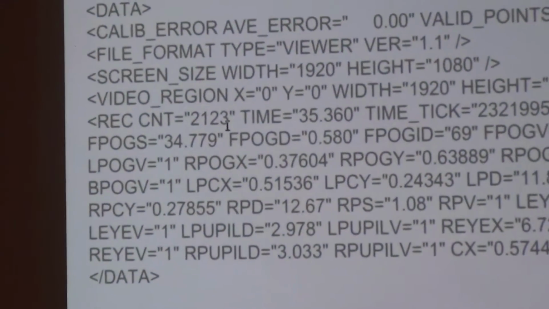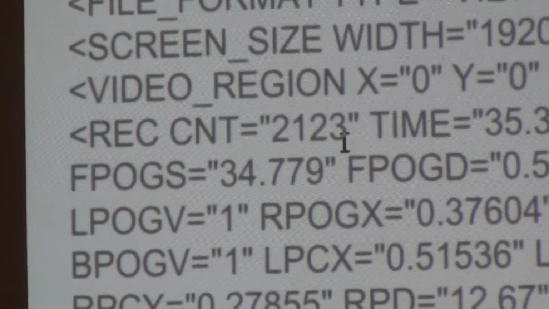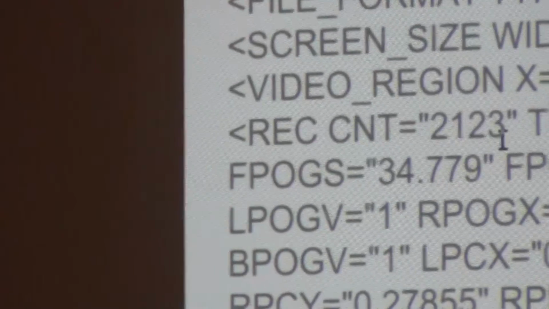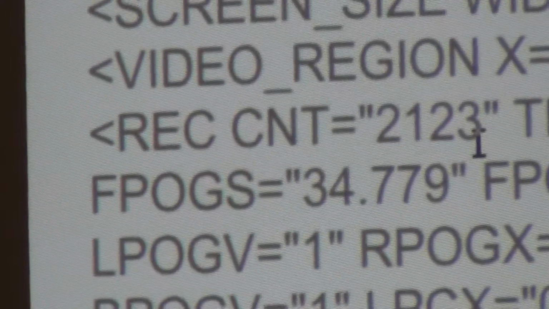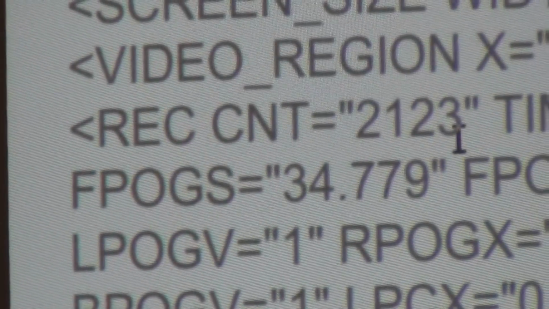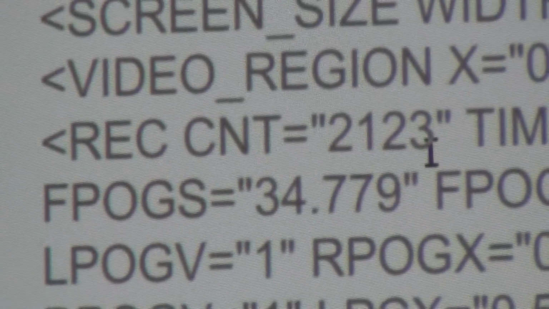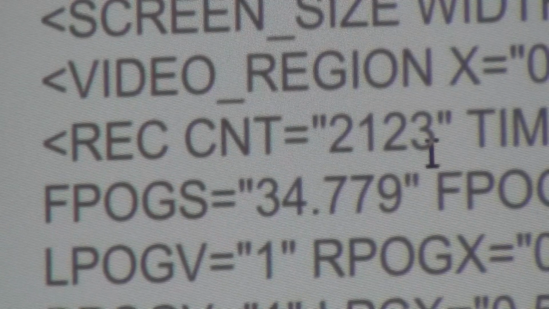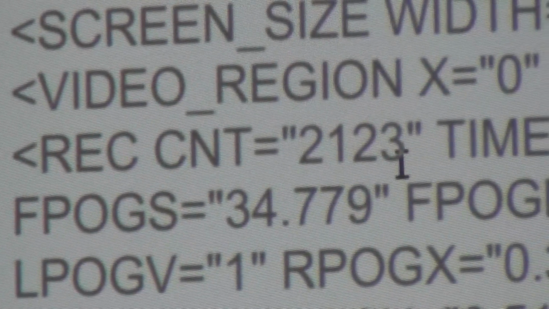So those files will grow quite big if we, for example, have half an hour or even more eye tracking sessions. So the count counts each package. Next is time. The time and count, they both start when the calibration is completed.